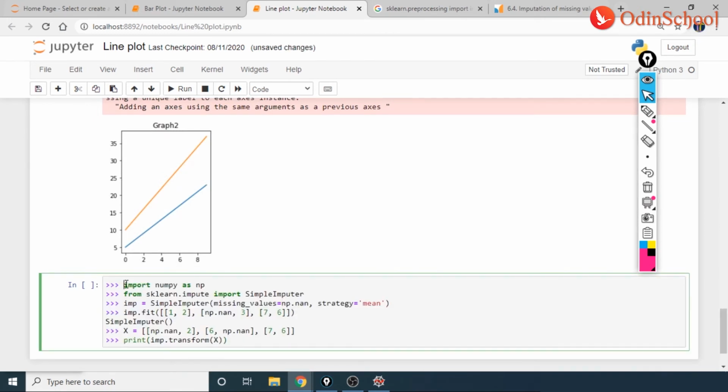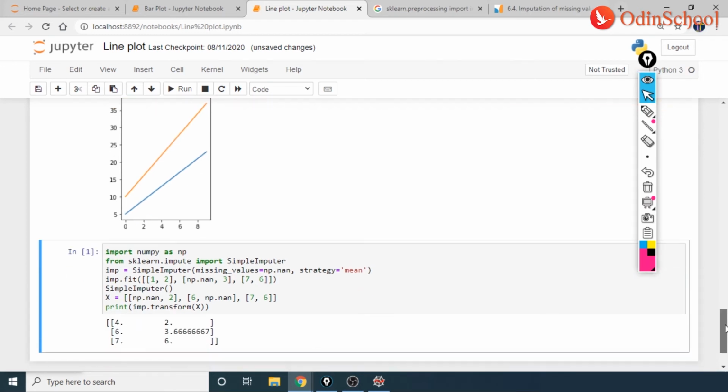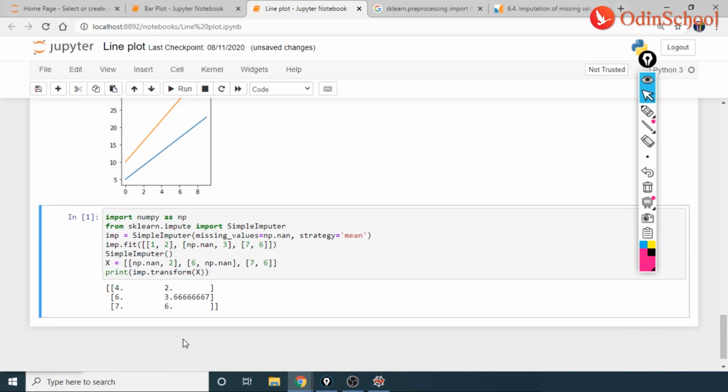I would want to paste this here, delete unnecessary stuff, and now let us just see if we would be having an output when we execute this. And yes, we do have an output, and as per the output we see that my value is replaced with 3.6. That is the mean, right guys? And here we have taken np.nan, which is the same missing values as on the top two.